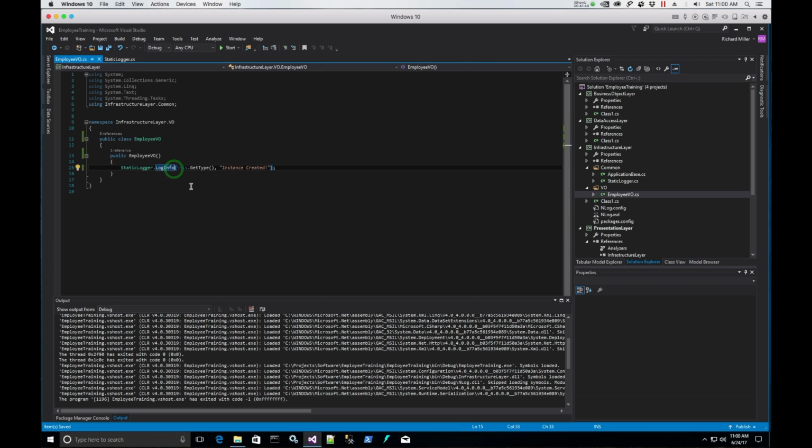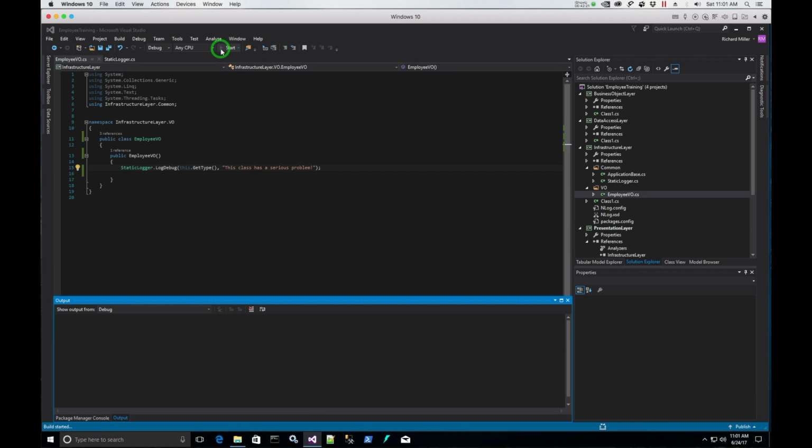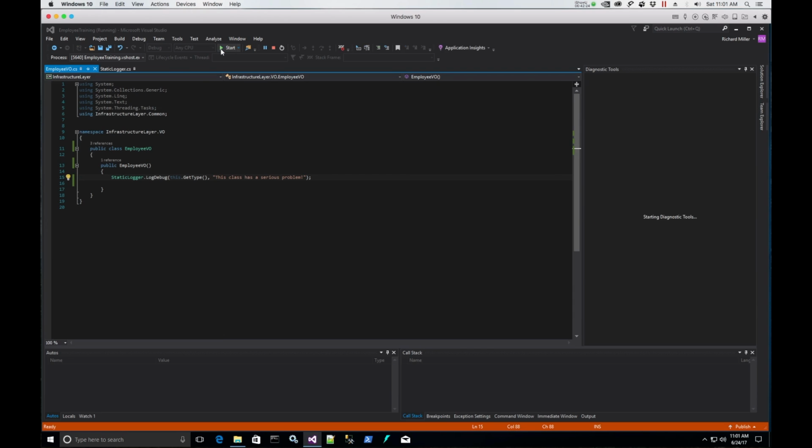So here we did log info. And I'll change the log info to, well, let me see here, to log debug. And I'll put this class has a serious problem. Okay, so save. Now I'm going to run the project, and we should see a debug level message written to